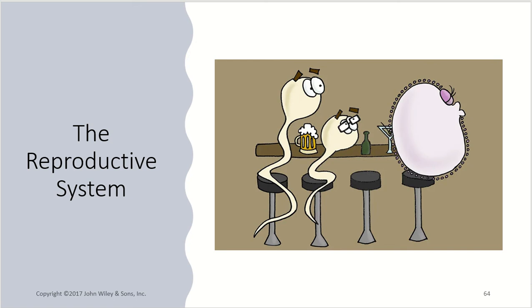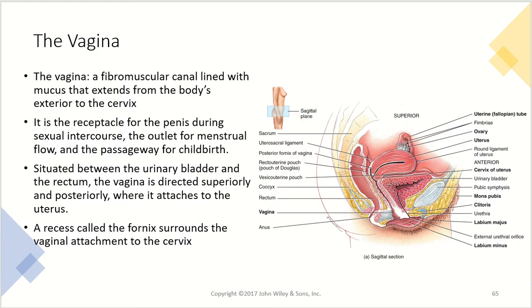This is part 3 of the reproductive system lectures. This is the second part of the female reproductive system. So, picking up where we left off last time with the various parts of the female reproductive system, we have